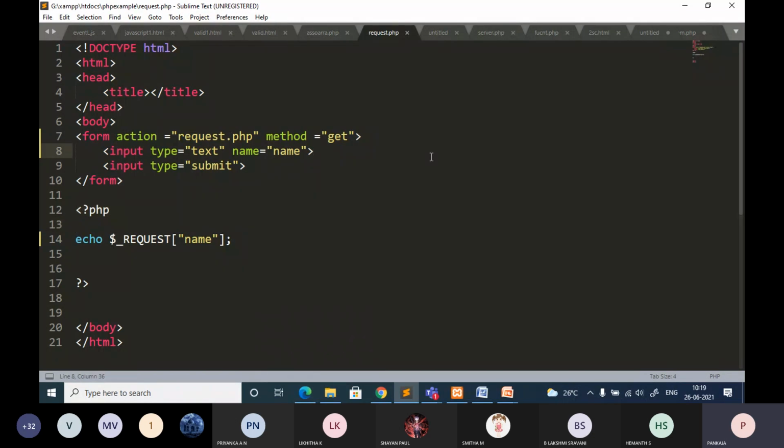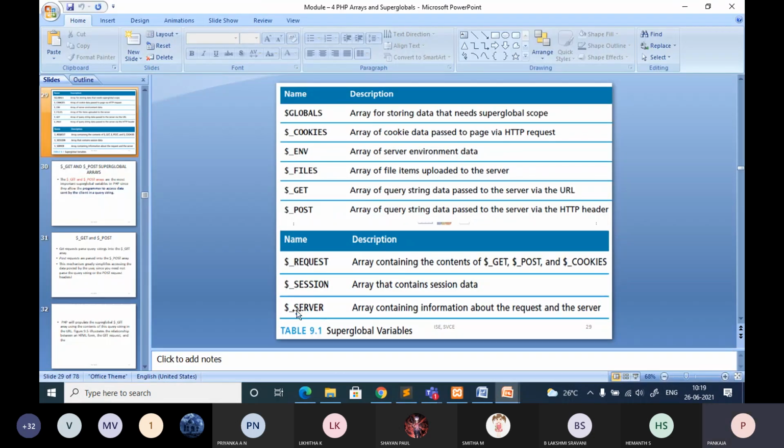Next, let me move on to another program with respect to the server. If you want to know the server details, for that you have to use $_SERVER. This is an array containing information about the request and the server details. Normally when you are working with HTML, most of the time you will try to access this server detail information.